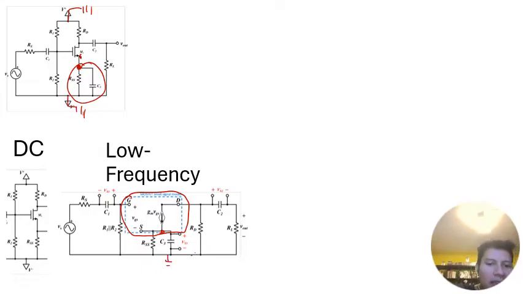So that's what we have here. And then what we have connected to the drain is RD, which is then connected to ground. And then you have C2 in series with RL, which is then connected to ground. So here you have C2 in series with RL connected to ground. And if you look